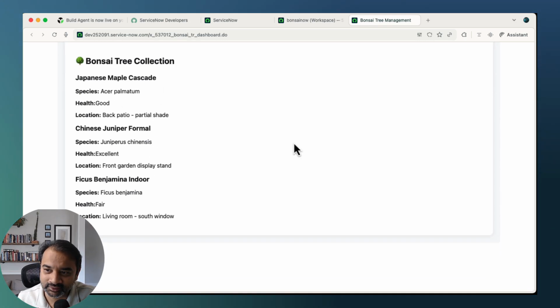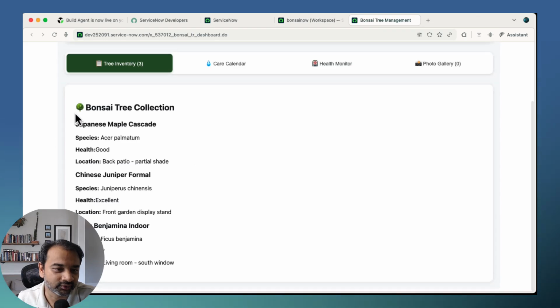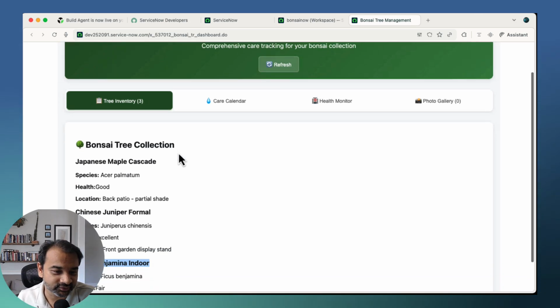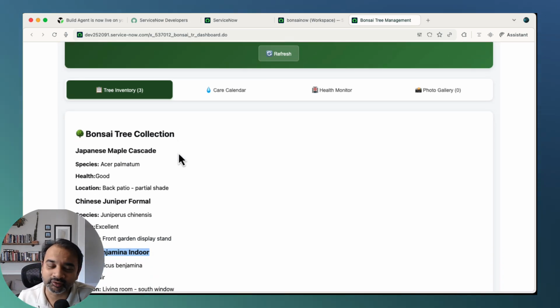So it says 3, although I'm seeing only one. No, okay, there are 3. Just that the way it is displayed is Japanese maple. So it's actually the type of bonsai tree. They say that maples are the queens of bonsai. So it chose correctly. It did not choose the king, which is pine. But anyway, Japanese maple, Chinese juniper, Ficus benjamina indoor. Okay, that's nice. So not only am I impressed that this is a very nice looking dashboard, I'm also